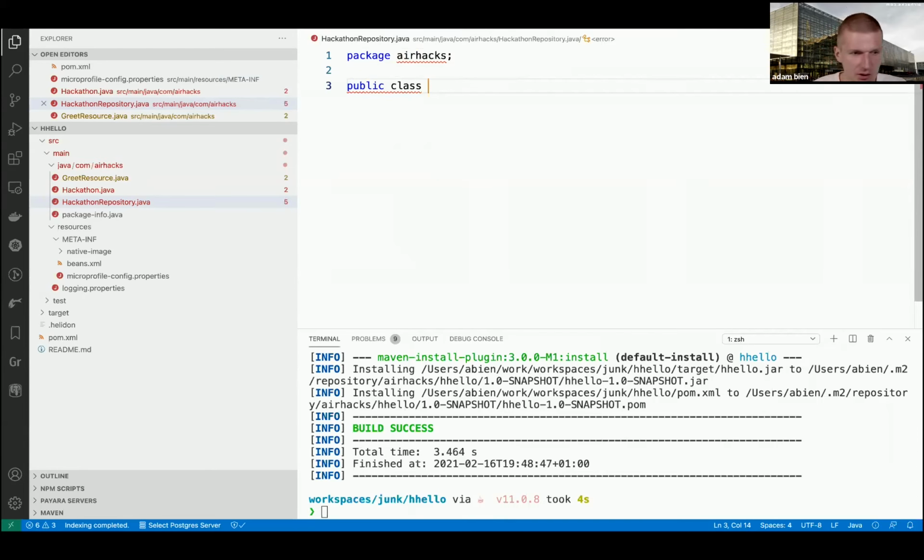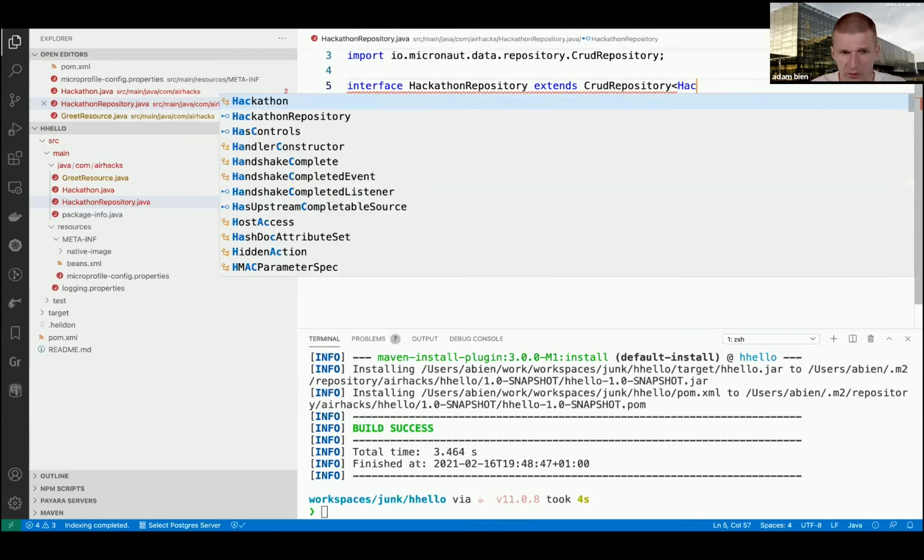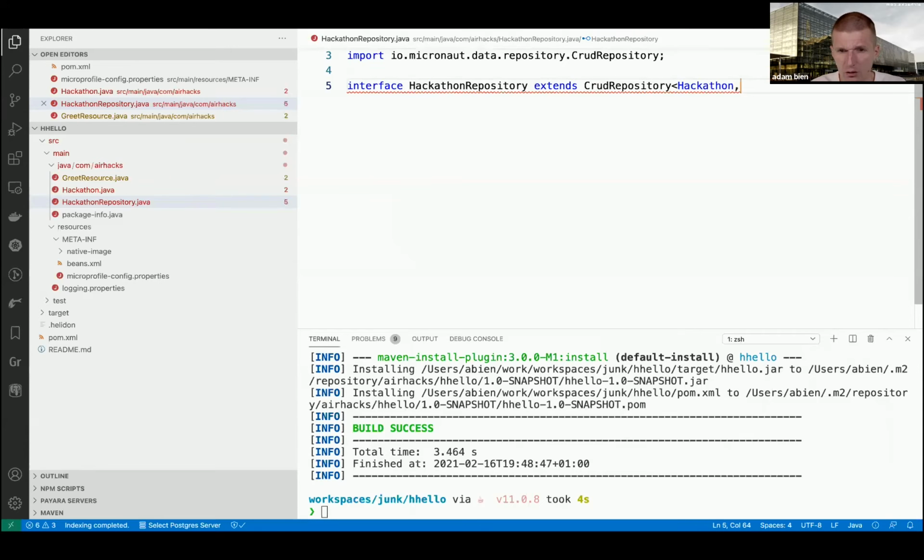Public class hackathon repository. And now, this is wrong. It has to be an interface, and because it's an interface, it doesn't have to be public. This extends a CRUD repository of the type, what was it, Hackathon and Long. And this is basically it. With a little bit of luck,